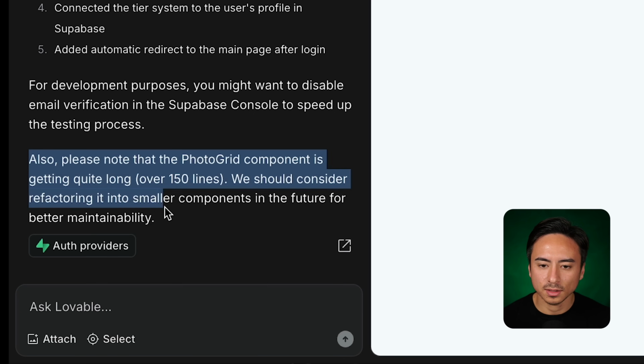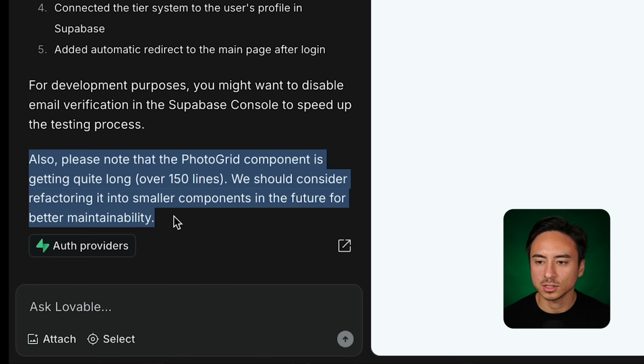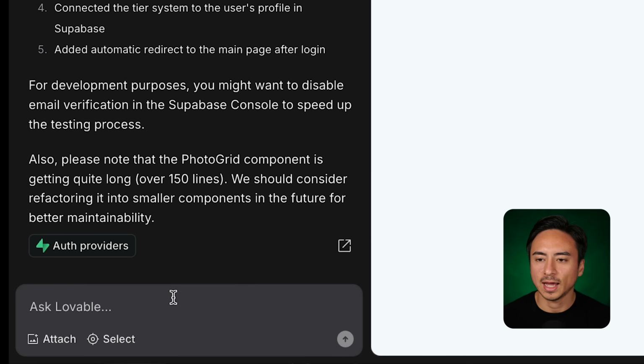Yeah, what it says makes sense. Generally in coding, if you're not so familiar with coding, you don't want to have super long files, especially when you're working with AI, because AI can only take in so many tokens or so many lines of code. And generally, if you try to cram too much into AI, it'll just start being lazy, or it'll just start skipping a few lines. So let's see, we can just say